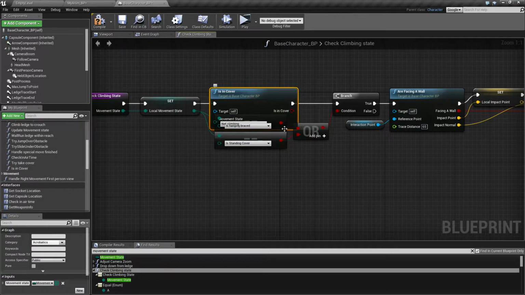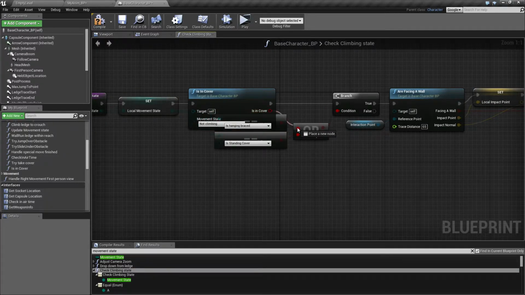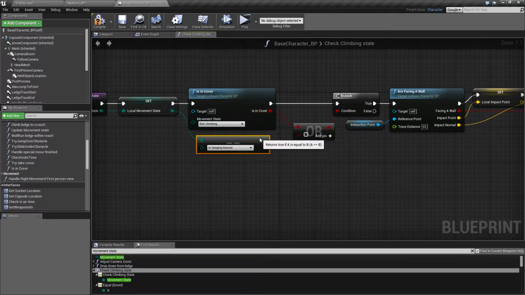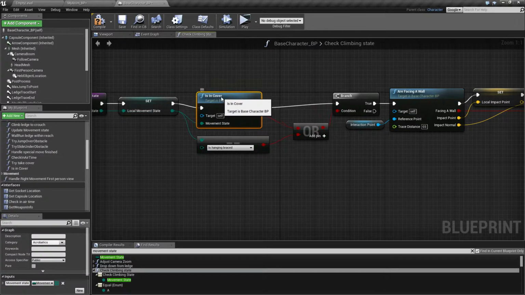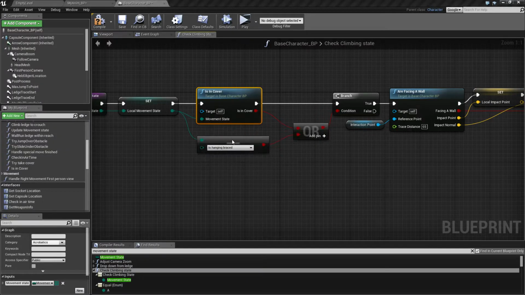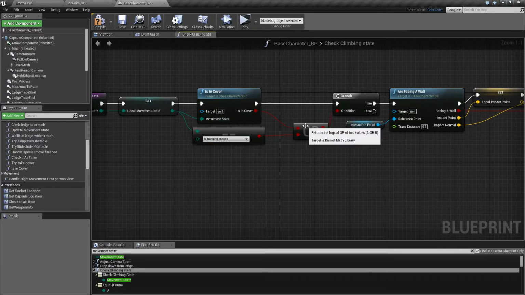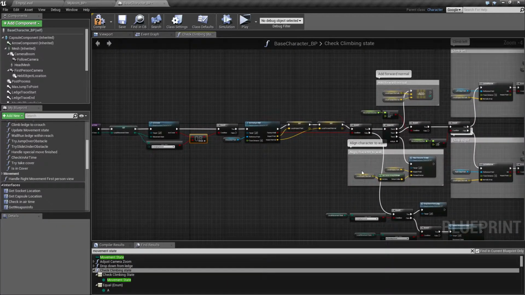And it needs to go into the or thing here. And remove this one. Can move this one over. And the local movement state needs to go in here. So it becomes, go away. A little bit prettier to look at. So that's the climbing state,